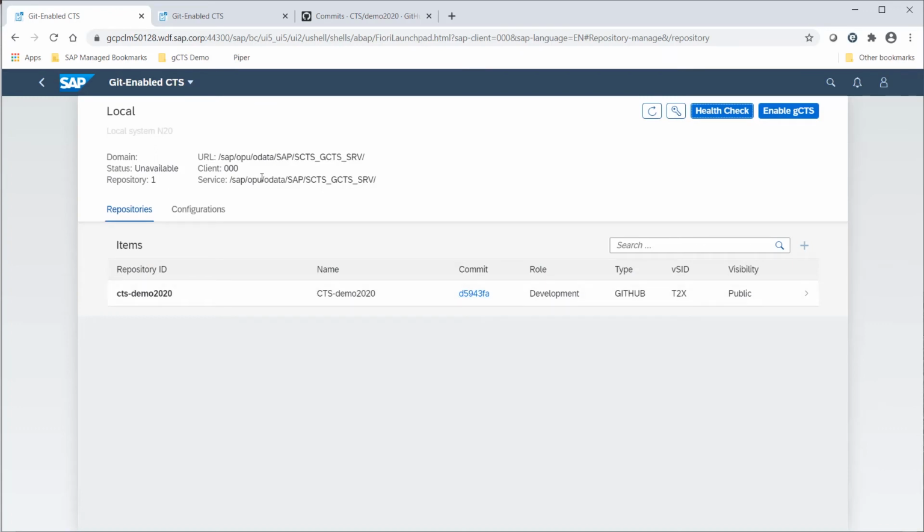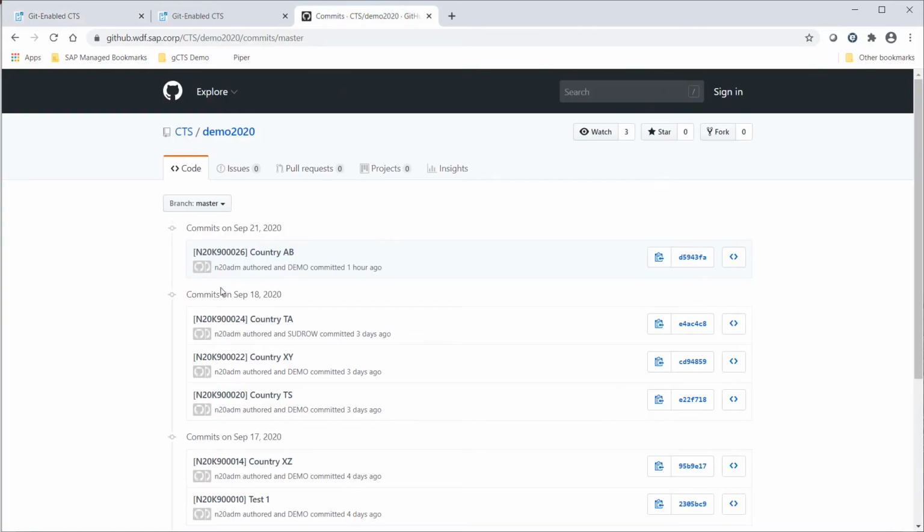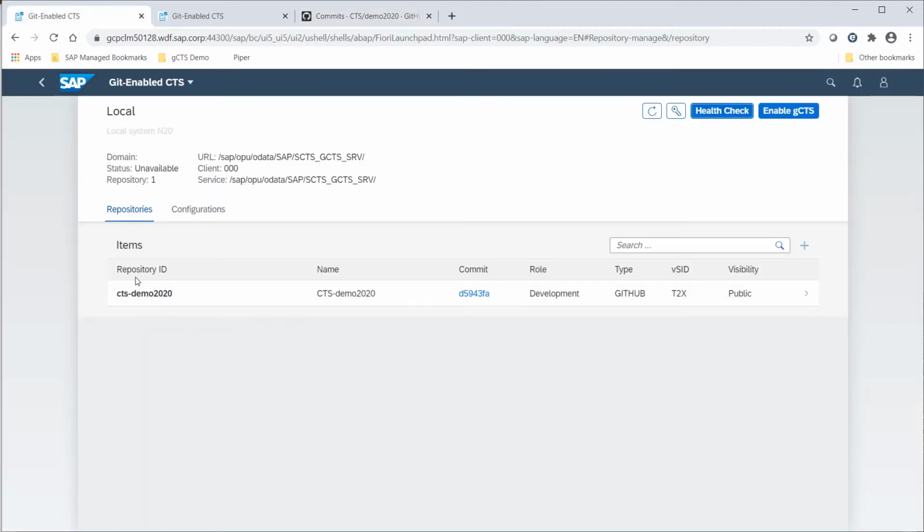After you did this initial configuration, you can then switch and turn on some repositories or configure some repositories. For this, you first need to have a repository on your GitHub, on your server, for example. So we have one which is called Demo 2020. This needs to be configured. So you can add new repositories to the list of your repositories that are available, and then you can configure where they are located, the passcode, and stuff like this.